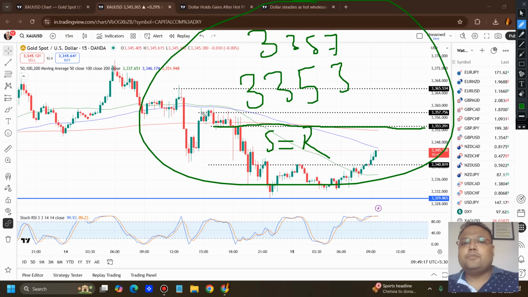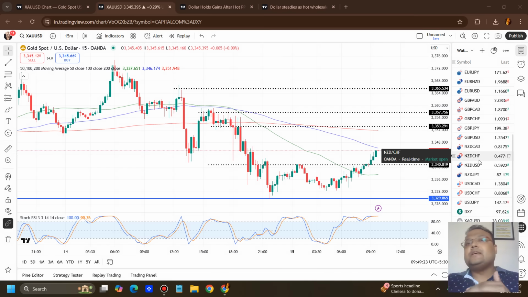This is another selling opportunity because the market started falling from this particular area. So 50 to 57, this is a resistance zone, you can say. Whenever you see a selling opportunity or price rejection from above on the lower time frame, you can go for it. Your stop loss should be above 57.